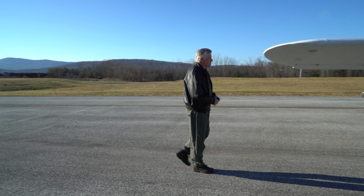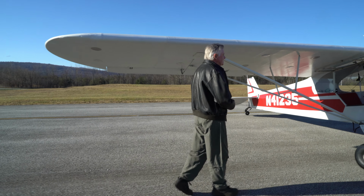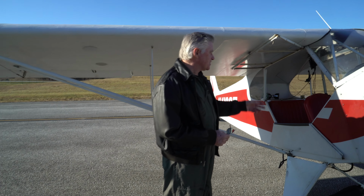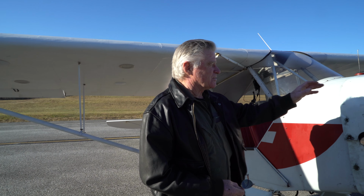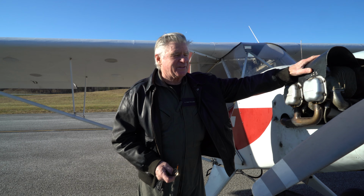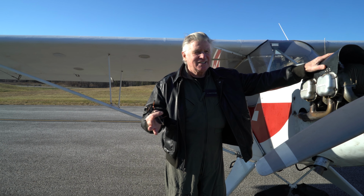This is my Piper Cub. This was the first airplane that the pilots trained in. I've been flying this airplane for about 15 years. It was built in 1941 and it was the primary trainer, the first airplane that the World War II pilots got into. And in this airplane they learned basic flying skills, takeoffs, landings, straight and level, and possibly a little